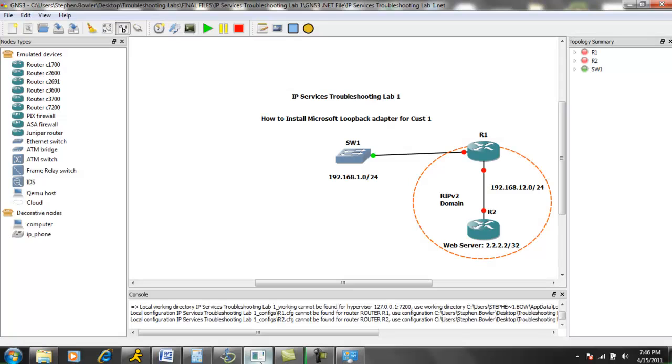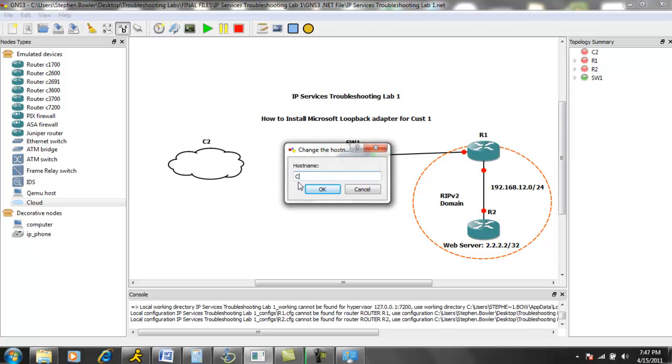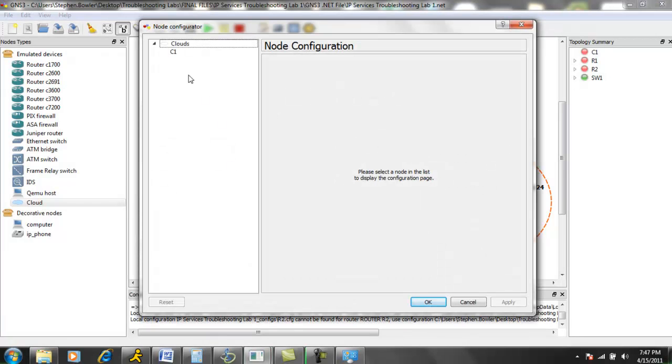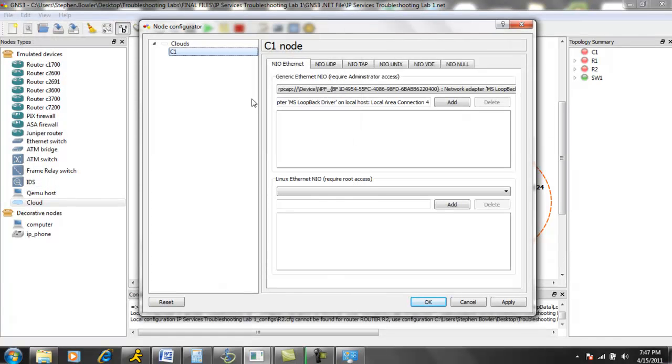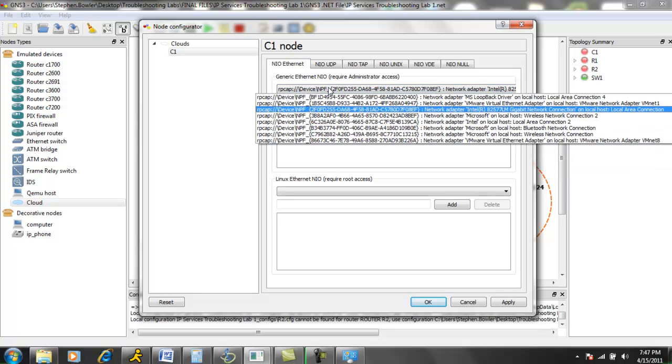And then what you want to do is go back under GNS3, and we're going to bring the cloud over. So in this case we have the option for C2. We can go ahead and just change this to C1 if we want. And we right click on the cloud and go to configure. Then we click on the C1 option under clouds, and then what we want to do is click on this option, and this is going to find us our